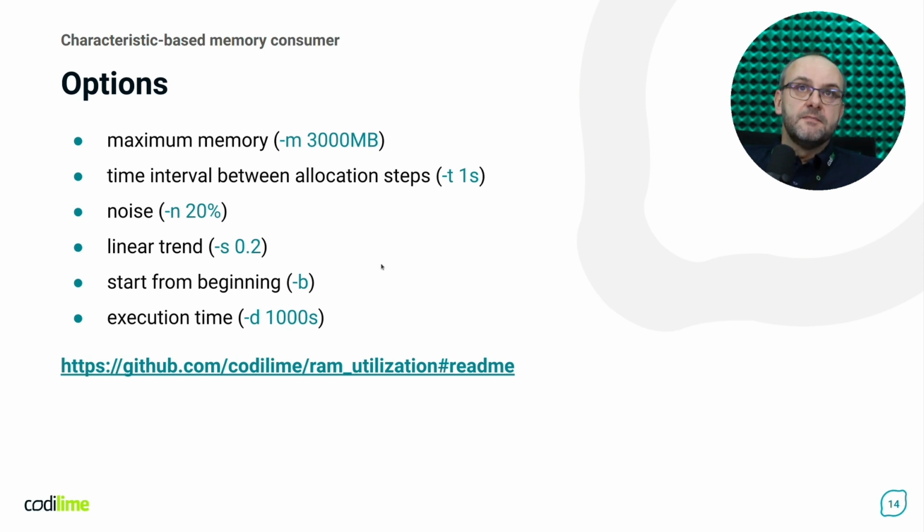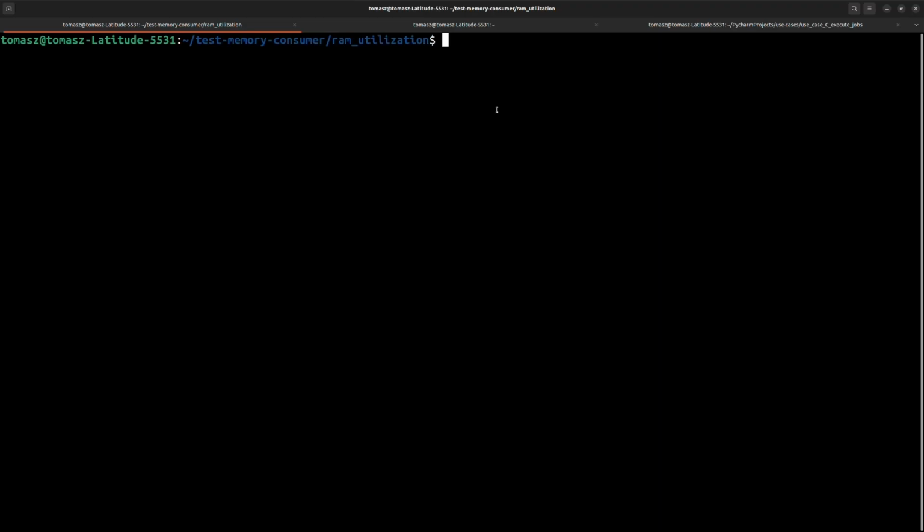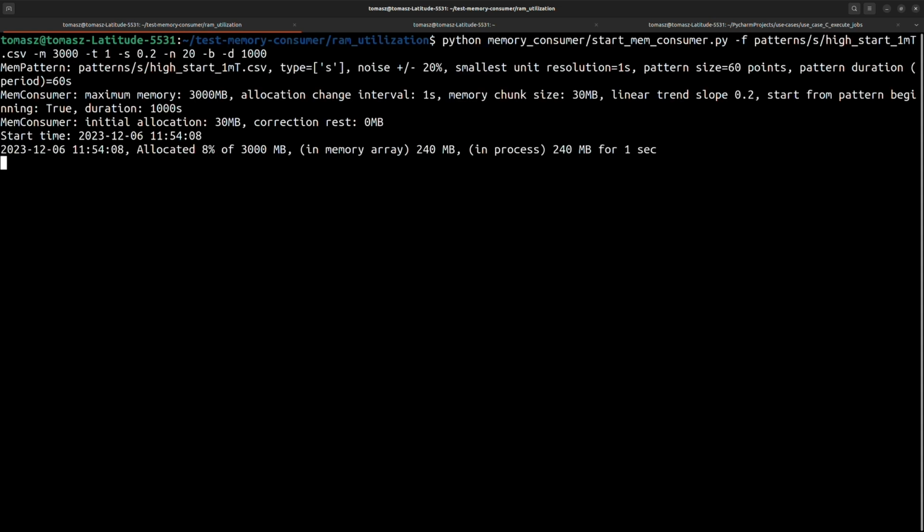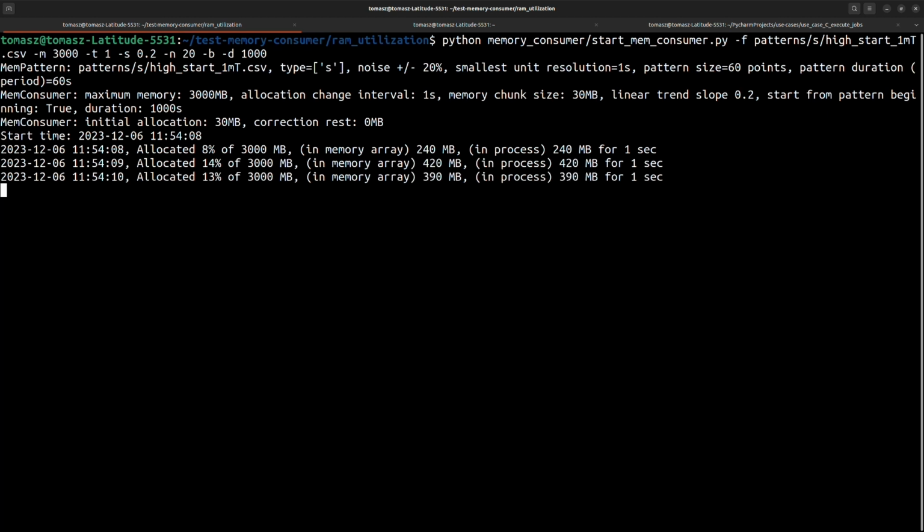So now we will demonstrate how to run our process with all those options. Let's switch again to the console. Now we will start our process with all these additional options. Let's start our process for the same pattern.